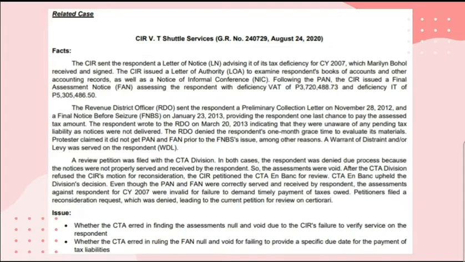January 12, 2010, due to the inaction of the respondent, the Commissioner of Internal Revenue issued a letter of authority, which is the first part of the assessment process, as Mr. Pisao said, for the examination of its book of accounts and other accounting records, followed by a notice of informal conference. March 29, 2010, the Commissioner of Internal Revenue issued a preliminary assessment notice with attached details of discrepancies that found respondent liable for deficiency income tax and value-added tax in the total amount of